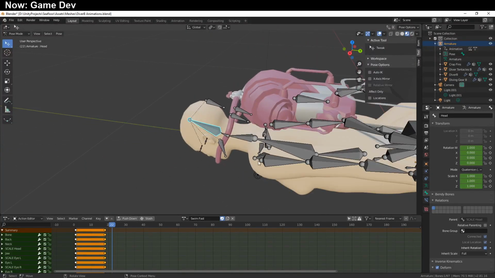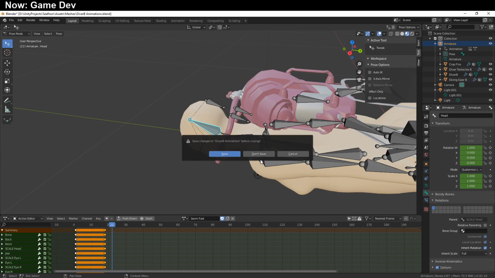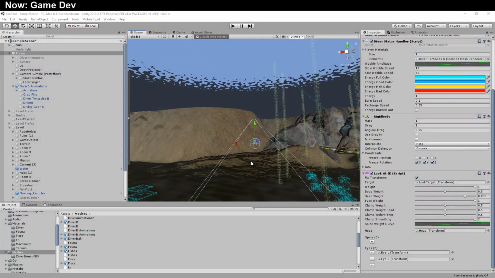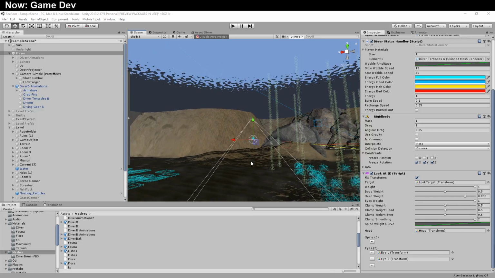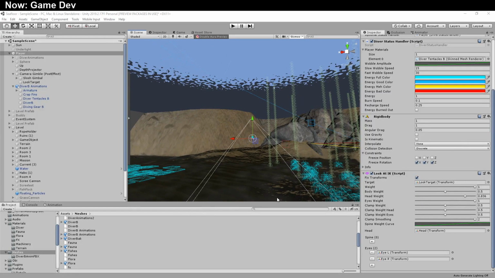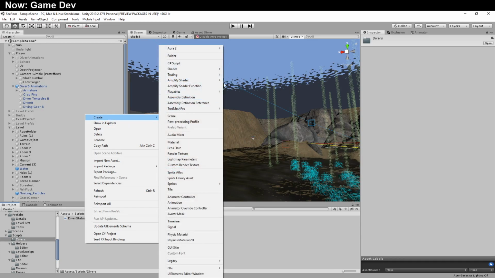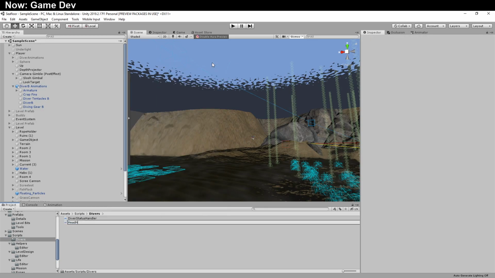Maybe I'll just manually create one. It's not that hard to do. It's just kind of stupid that I need to. All right, we'll go ahead and create our own look at IK. So down here in our scripts, divers, head handler,